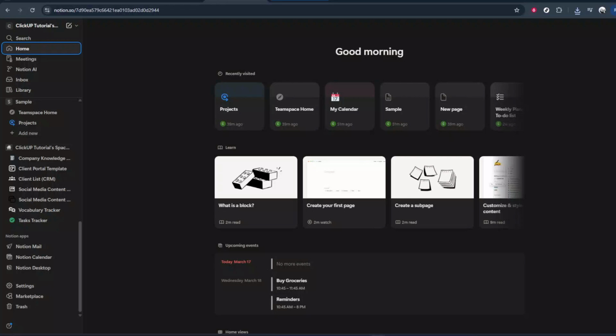In today's video, I'm going to teach you how to import any Notion template. If you've ever found a beautiful Notion template online and wondered how to actually get it into your own workspace, this walkthrough is for you. We'll go through the full process slowly and clearly so you can follow along in real time, even if you're